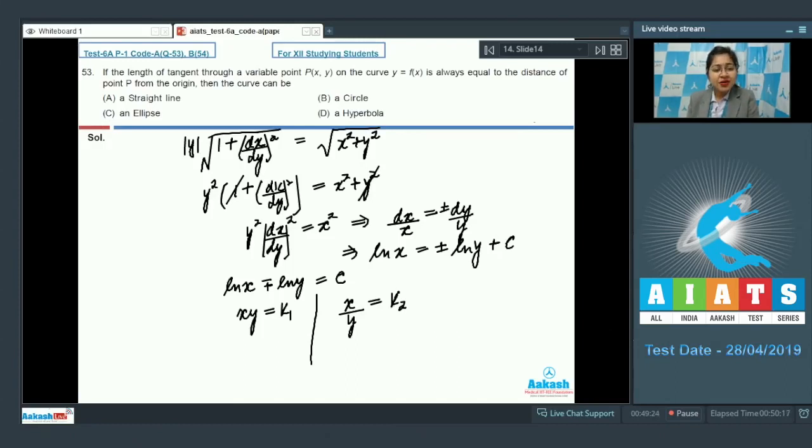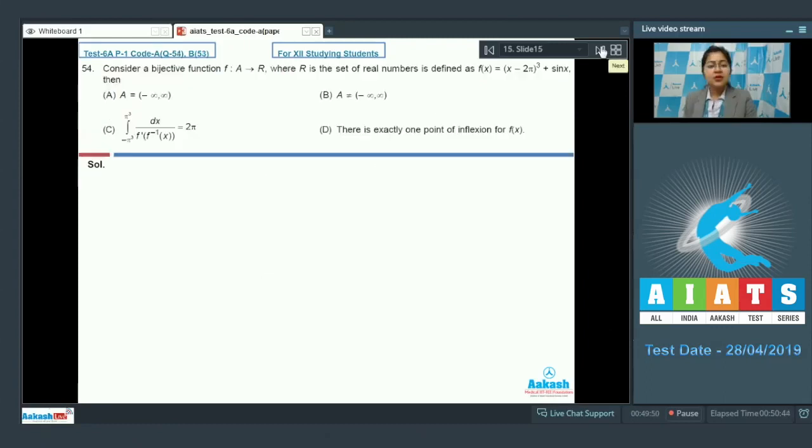So we can say that the curve can either be a straight line or a rectangular hyperbola. So from the given options, we can see that A and D will be the correct answer. That is, A and D will be the answer of this question number 53. Next is question number 54, which says that consider a bijective function f going from A to R, where R